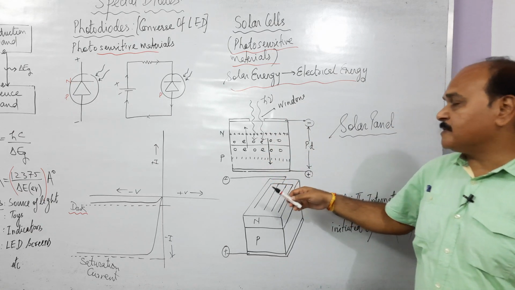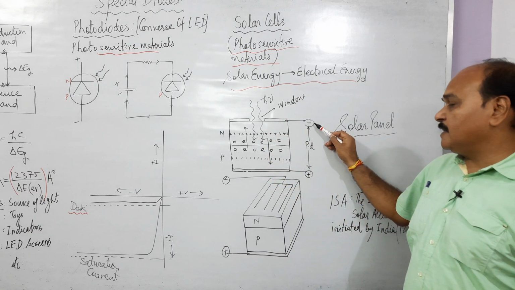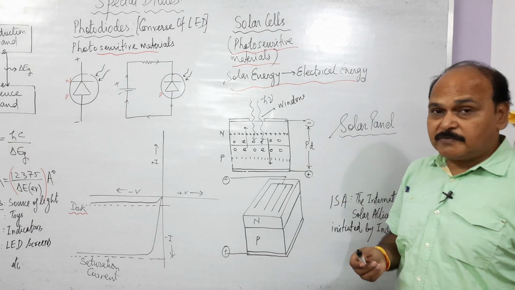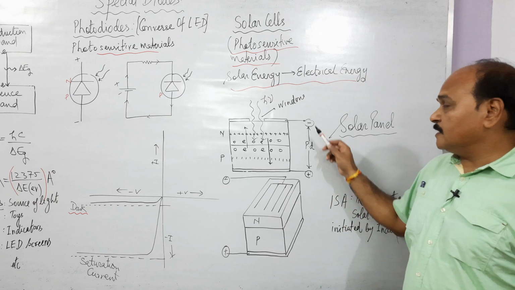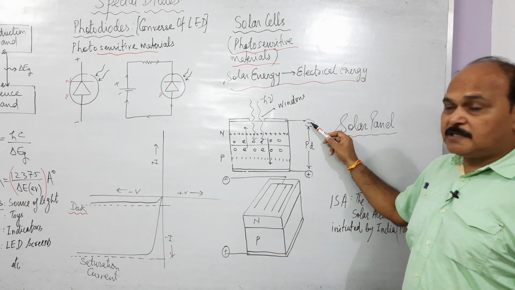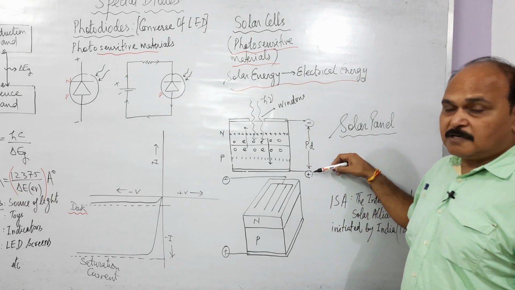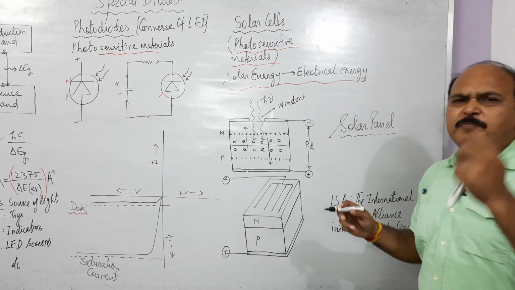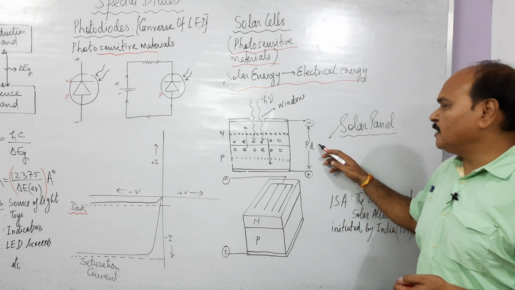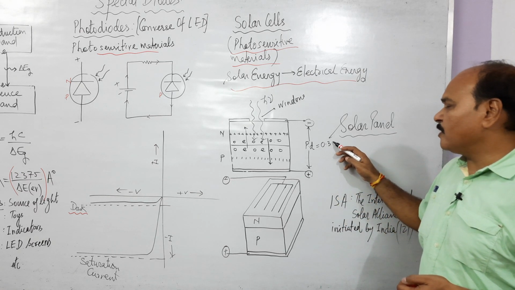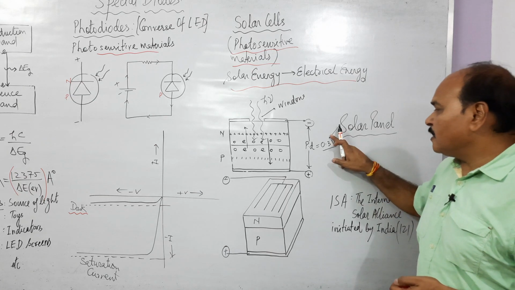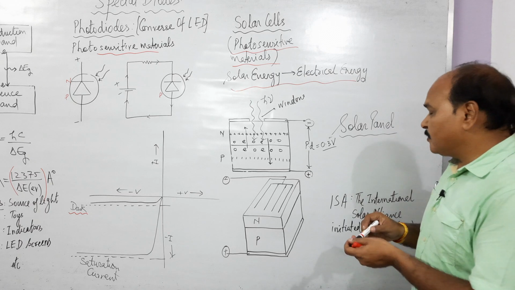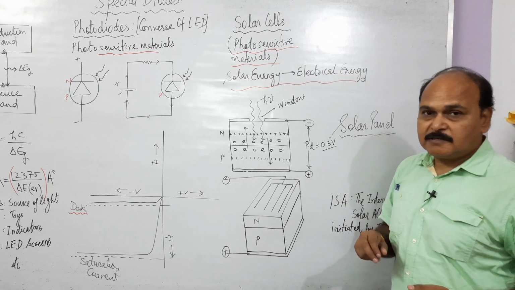And as the result, what happens? There is an electric potential difference created across these two plates. These two plates are nothing but two different terminals of this PN junction diode. This end acquires negative potential and this end acquires positive potential. And remember, this potential difference is not very large. It is say 0.2 volt or 0.3 volt, or at times 0.1 volt. So after exposing a solar cell for hours, we get this potential difference generated across it.